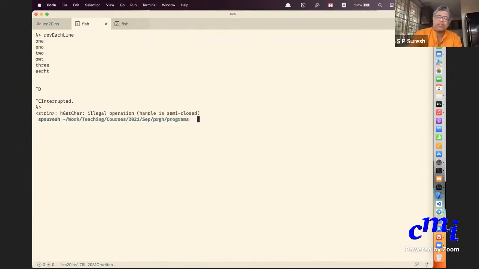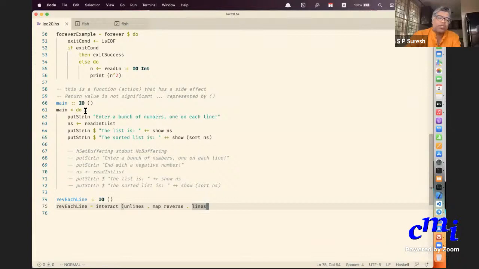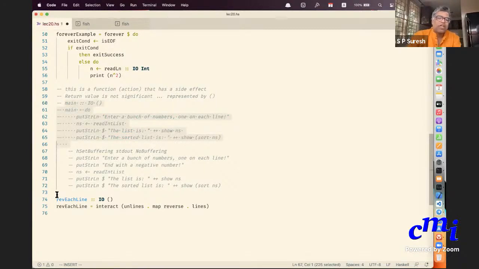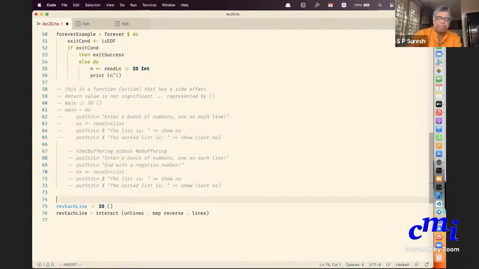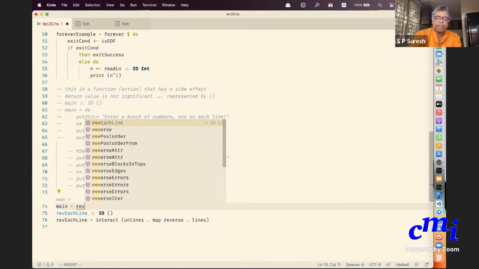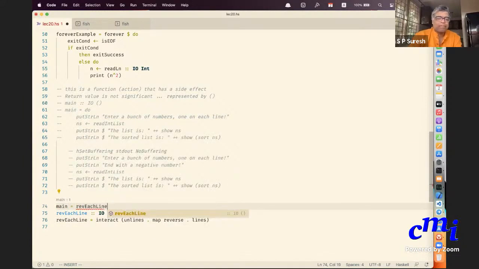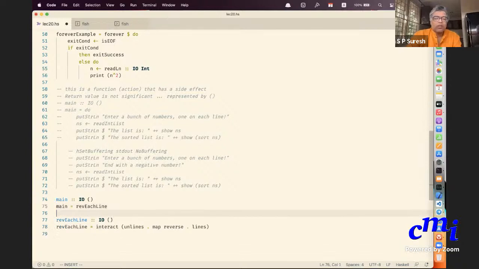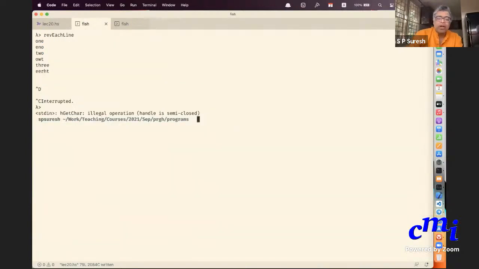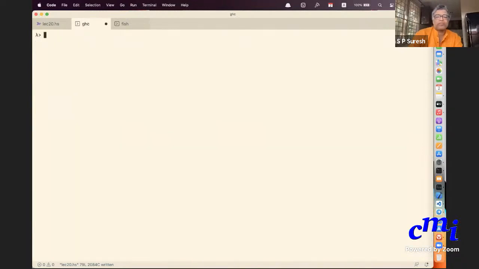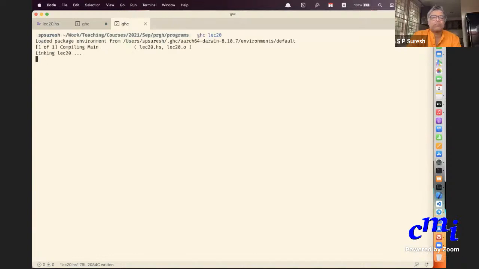But if, instead of calling it rev each line, you did it as main, let me say I comment out this main, and rev each line is my main, then I can compile the program, and then I can do ./left20.